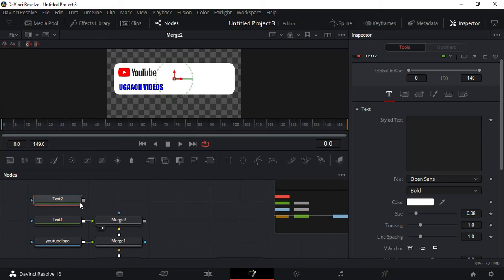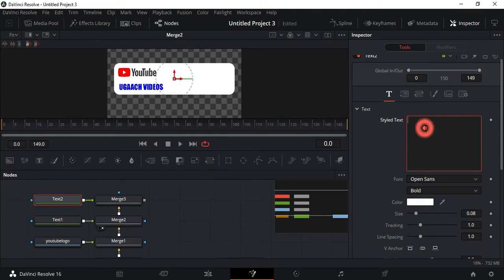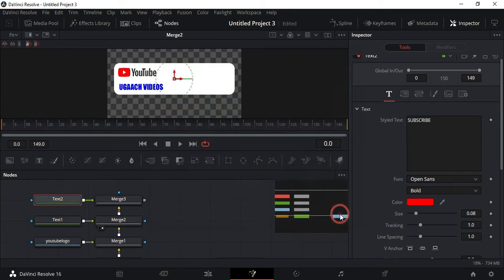Now let's get one more text node and merge it with merge 3. Get the merge 4 node. Now this is the subscribe text. So type in the subscribe, change the color. You'll have to change the color. It's white right now, that's why you cannot see it. I'm going to select the bright YouTube red for my subscribe button, subscribe text, sorry, and project it onto the